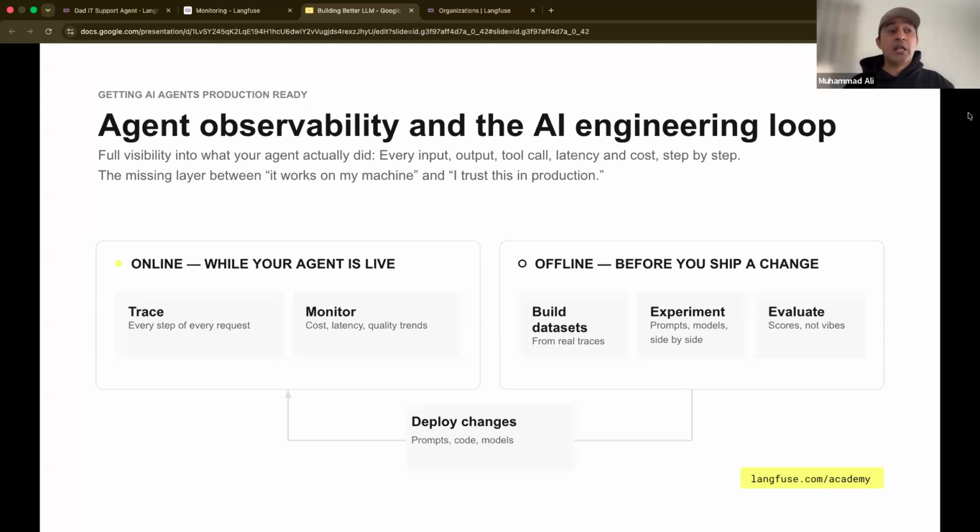Or what are the possible scenarios your agent is going to face in production? And then what is the expected output against those scenarios? So how do I measure if the agent is actually doing a correct job or responding to the question in a correct way? That data set is the key thing that has the inputs and the expected outputs.